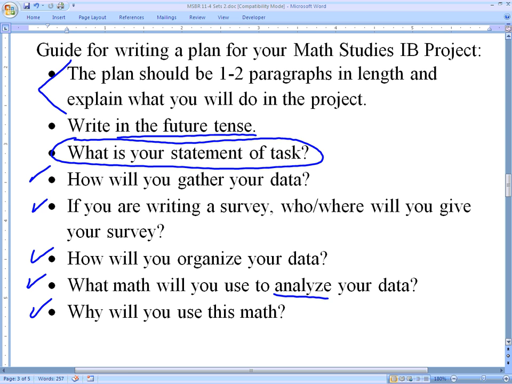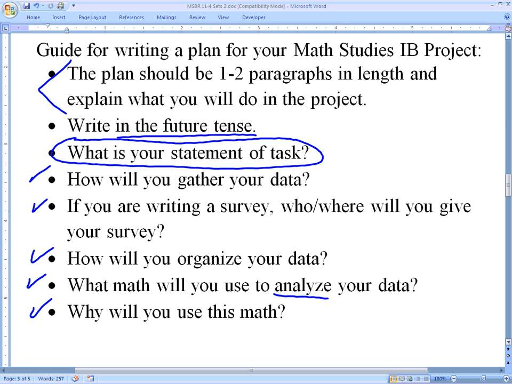And so if later on you decide that you're also using percentages or something like that, you can add a sentence or two explaining what other math you're doing and why it's relevant to the project. But this is a good start to it. And once you've completed this along with your statement of task, you basically have written the introduction to your paper,